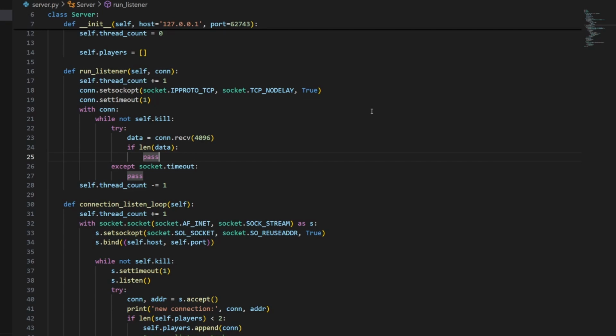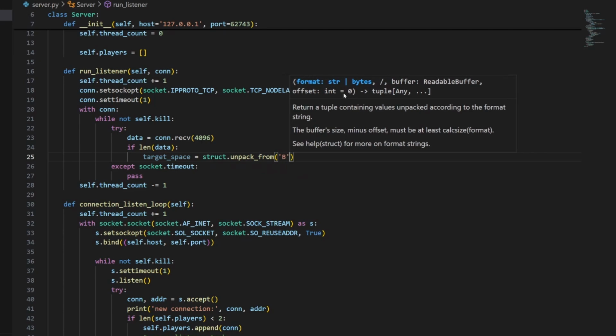So normally you would make sure that you actually have enough data for whatever you're expecting to receive. But in this case, we only need 1 byte. The clients can only do one thing, and that's place their pieces. And the information needed to place a piece can be represented in 1 byte, which is what we're going to do. And that's the smallest unit that you can receive. So there is no amount of data that you could receive between 0 and the amount of data to make a move. So all we have to actually do here is say target space equals struct.unpack_from, and then